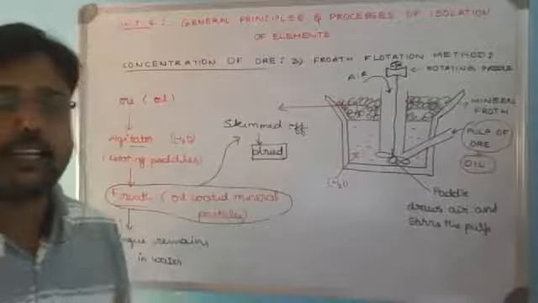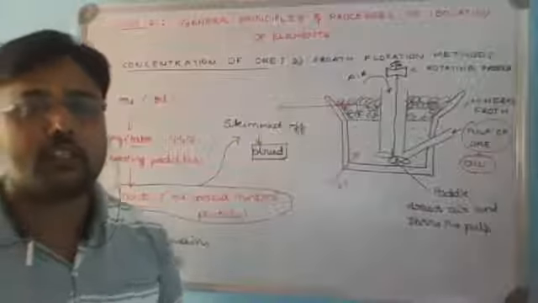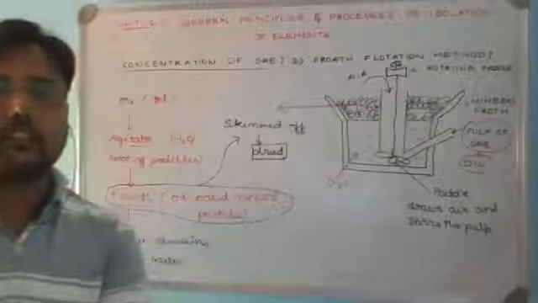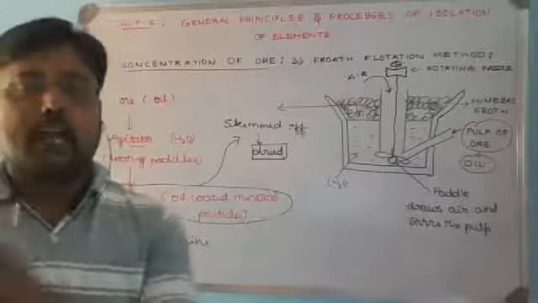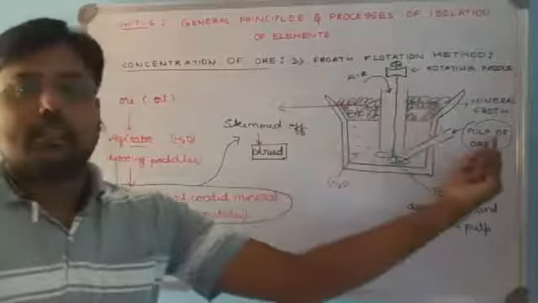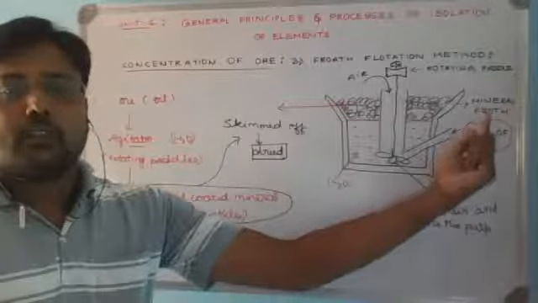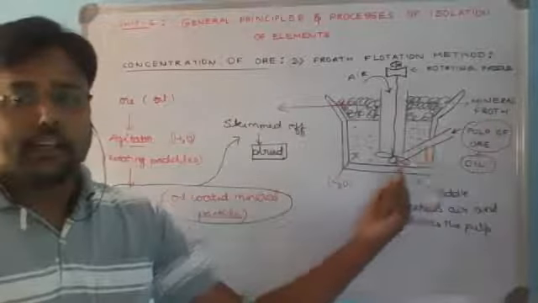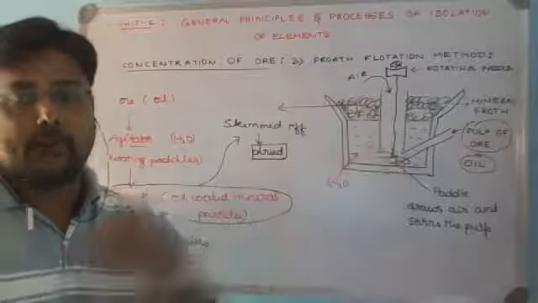Whenever you are explaining the method, first explain the significance of collectors used in the process, then froth stabilizers in the process, then explain the method in simple sentences. Now, what happens in the froth flotation technique is that the sulfide ores are mixed with collectors, that is oil substances, which will coat the ore particles, in a vessel which is fitted with a rotating paddle.